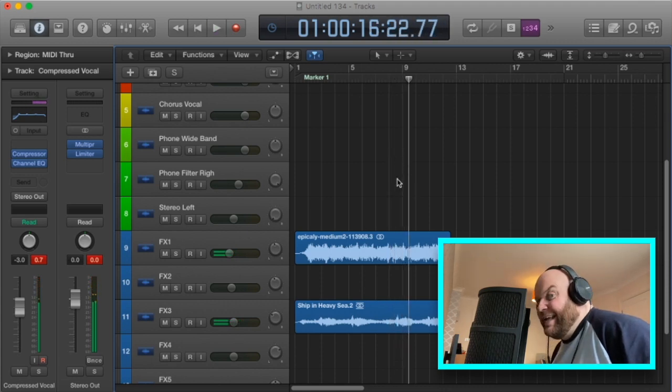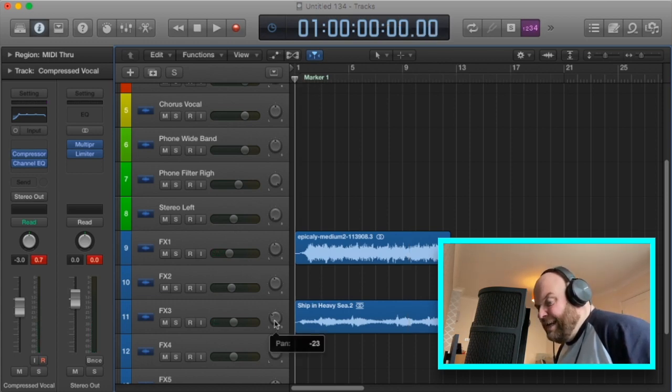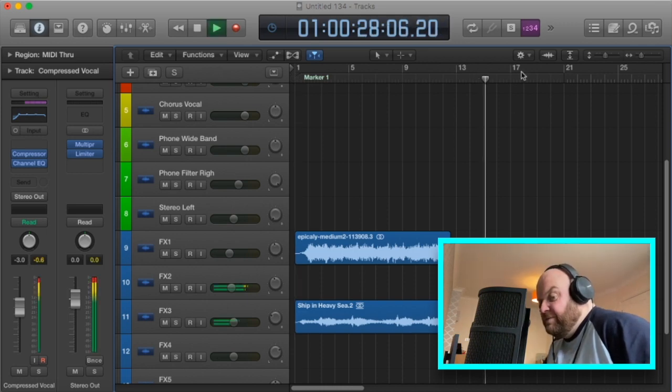I think that works well. It's subtly in the background, not too loud, not too heavy. I think it's just in the right position. We'll just pan it a little bit more so it's in the left. And then I thought a nice little way to finish...